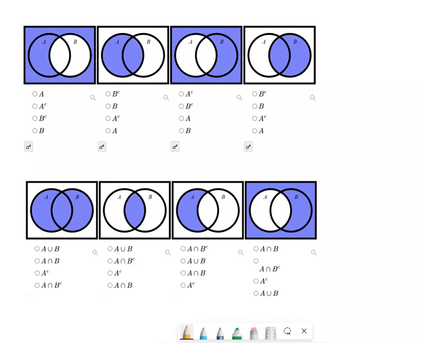I just think this problem is so cute. We got all these nice little pictures of Venn diagrams, which are a great way of introducing logic and set notation and all these sort of probability related things that we're going to start talking about in this unit. So to start off with this problem, I'm going to just label the things that are most straightforward